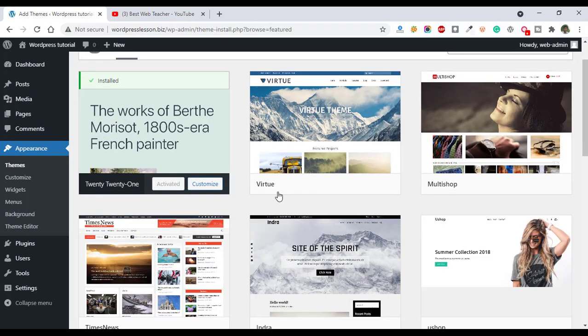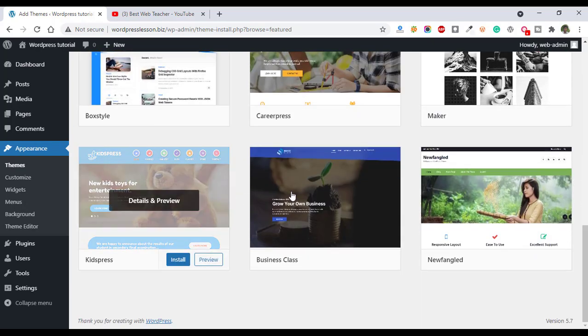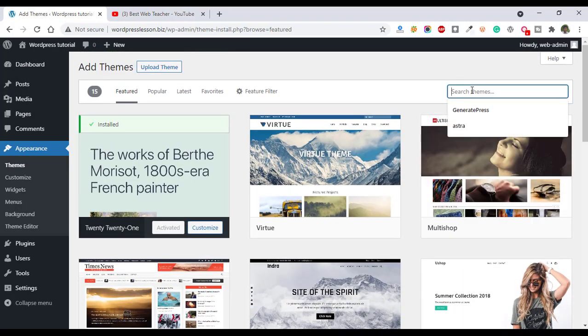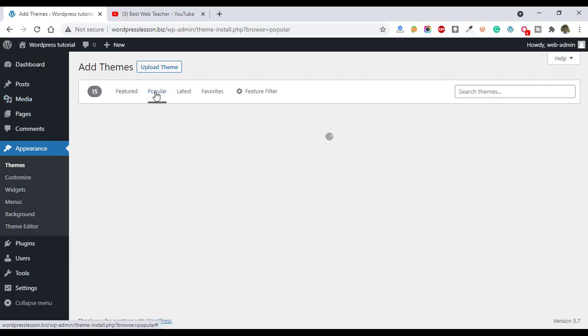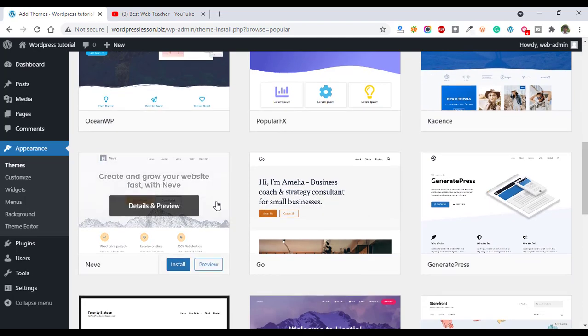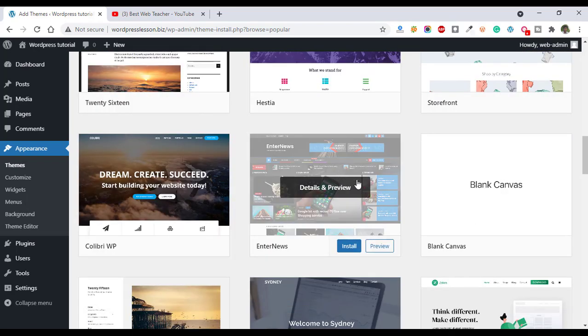and after that you can see so many free themes are available. You can take any one, or you can search here for any theme, or you can search from popular themes. You can see all popular themes are available. You can work with any one of these. So this is the theme. If we want to install this theme, just click on install,